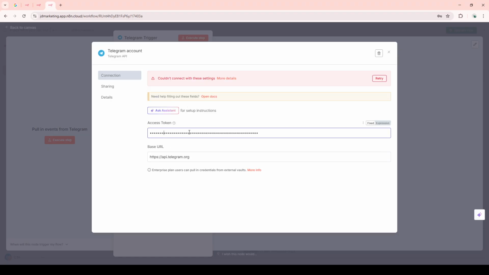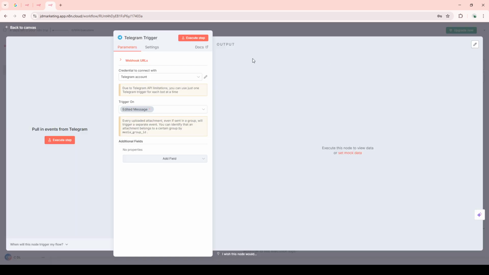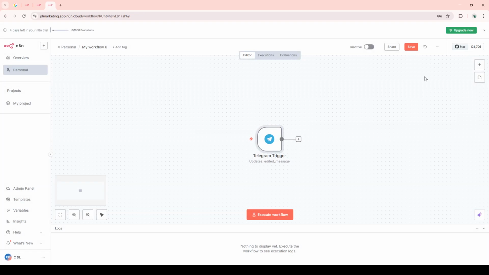And there you have it. You've successfully connected N8n with Telegram. By following these steps, you can now automate interactions and workflows between N8n and your Telegram bot, opening up a world of possibilities for